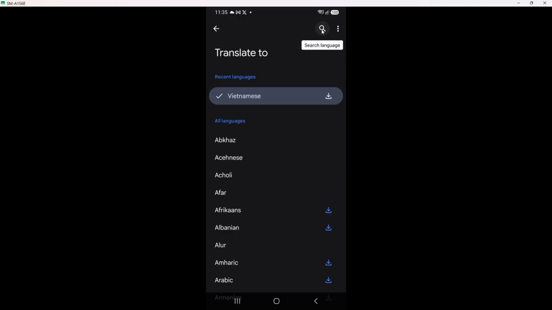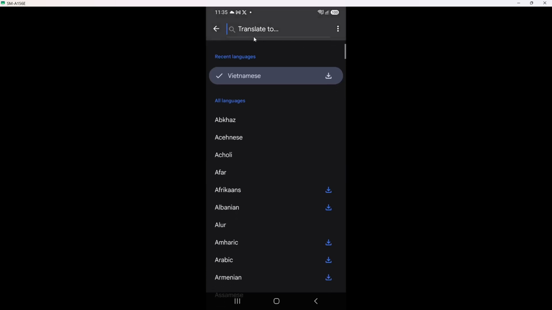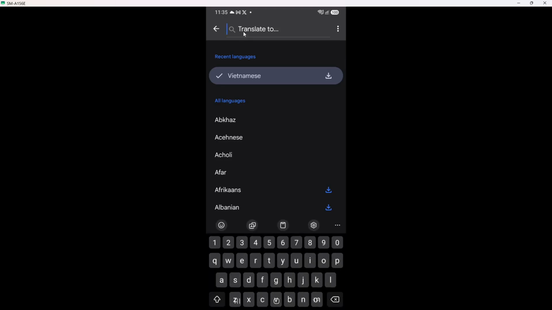At the very top of this panel, you should also see a search bar that says something like Search Languages. From there, search for French. Tap inside the search bar and start typing the word French. As you type, the list below will filter itself, hiding all other languages and leaving only names that match what you typed. A common beginner mistake here is to scroll the full list manually instead of using search, which takes much longer, especially on smaller screens.